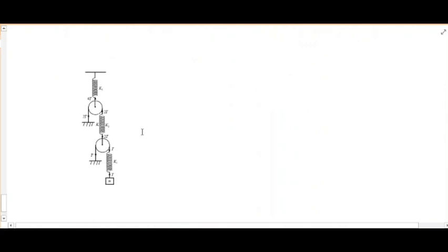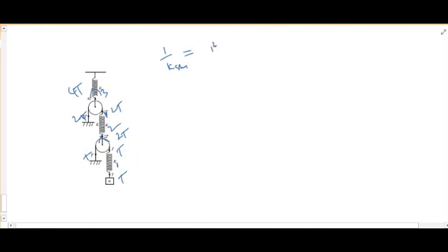See here. Here three springs are given. Each one has spring constant K1, K2, K3 like this. Here is spring constant K1, this is K2 and this one is K3. So where the block is connected, there I have considered the tension T. Therefore here also tension T, here also tension T. Therefore this becomes 2T. Therefore here also 2T, here also 2T. This becomes 4T.